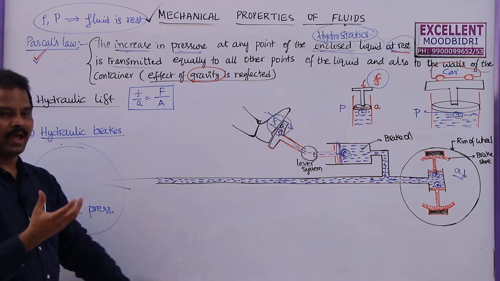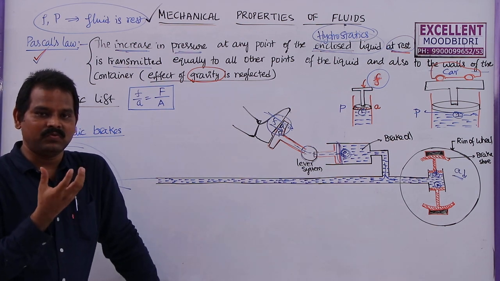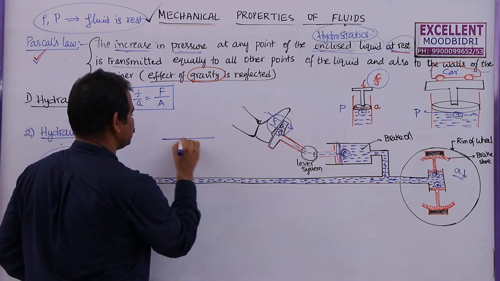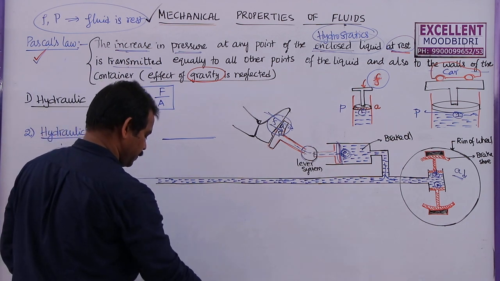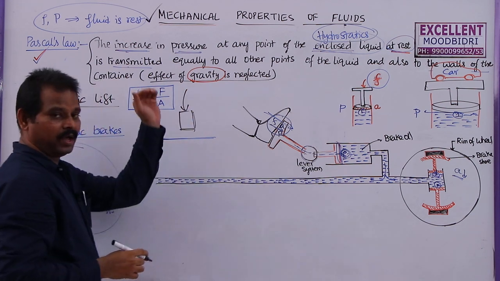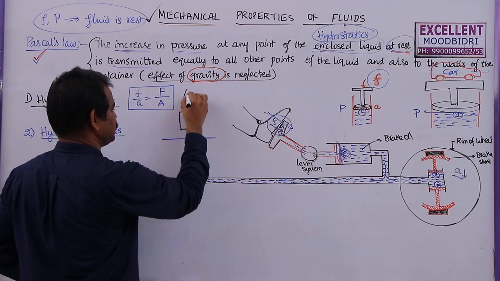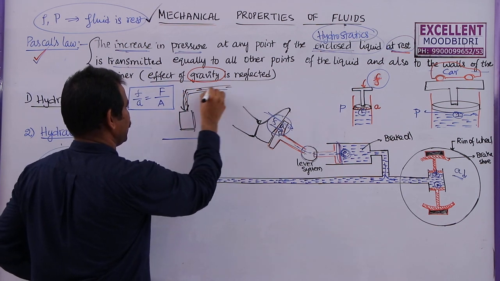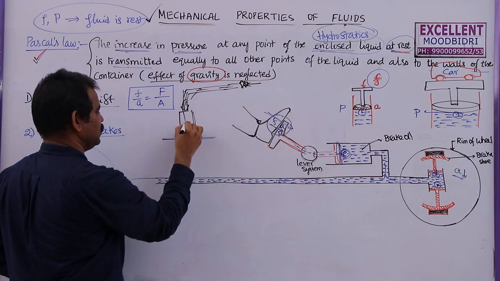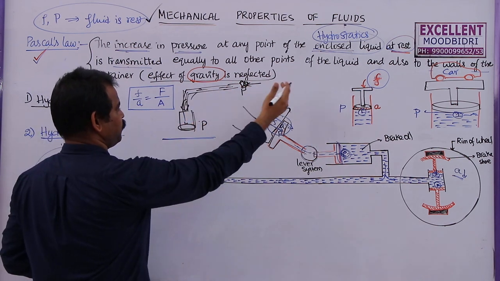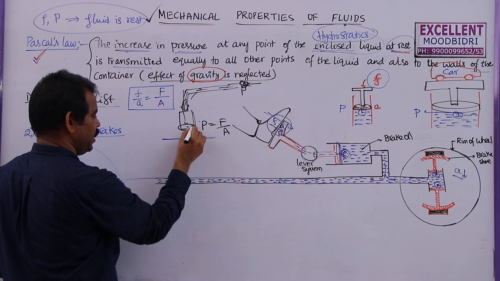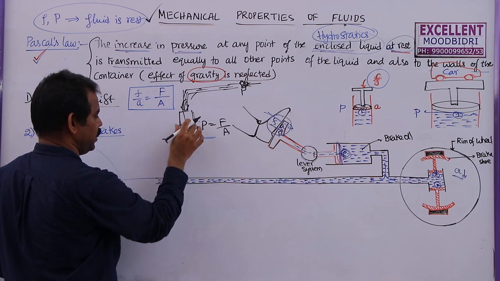Here also, to make these containers, the cooking vessels that we use in our house, they will keep this stainless steel plate like this and use a big press here. This will be pushed with a large force, but this is actually connected to a liquid container. If you apply a small force on this piston, as the area is large, the pressure will be the same. The pressure created here is P, the pressure produced here is P. Pressure is force by area, so as the area is large, more force will be acting on this one.